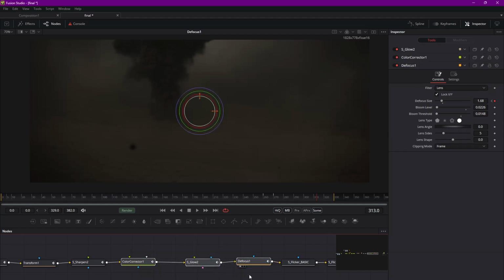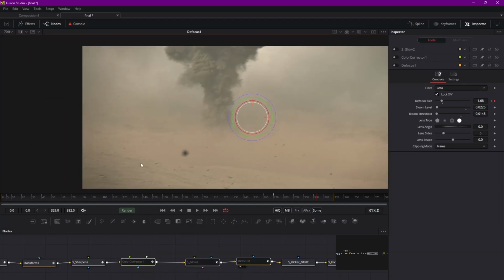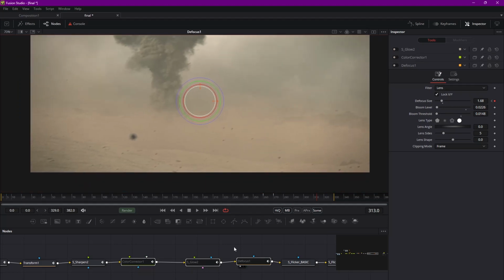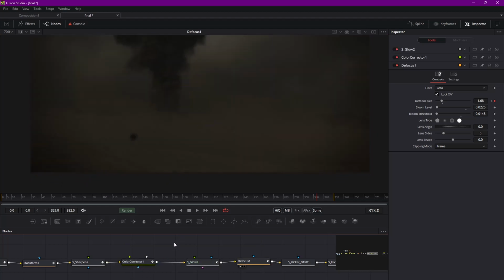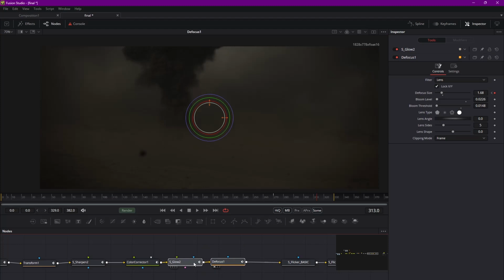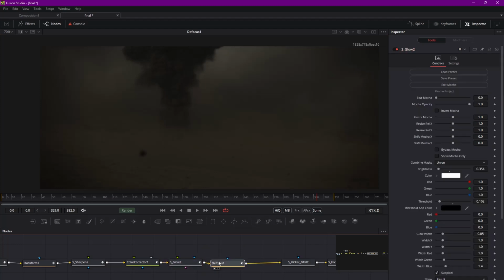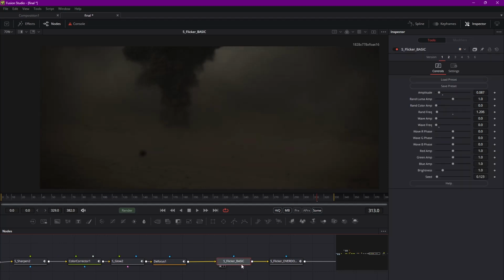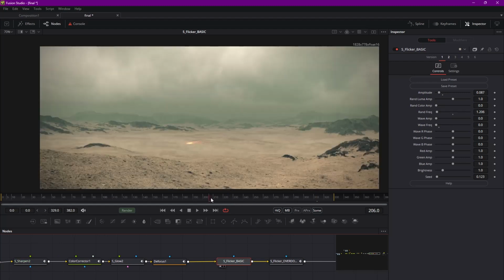nodes. So without these three, it is still sharp and bright, and maybe looks a little bit boring, but with these three we are like in the cloud, and we are defocused and maybe disoriented, so we cannot focus on the objects. And the next node is flickering. So what it does, it actually adds some very subtle flickering to the whole image,